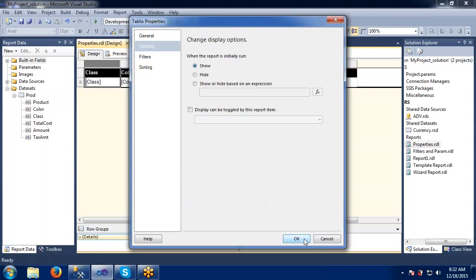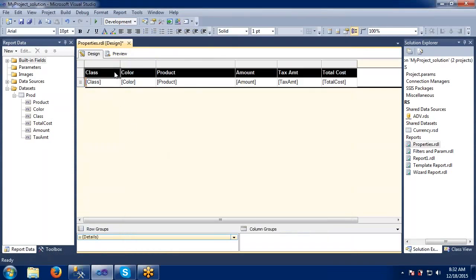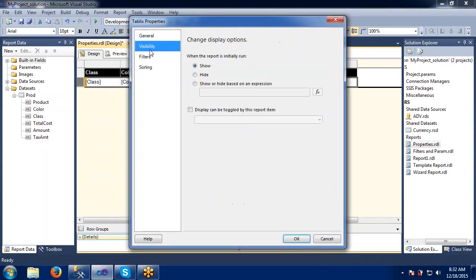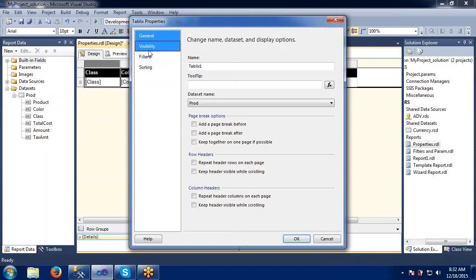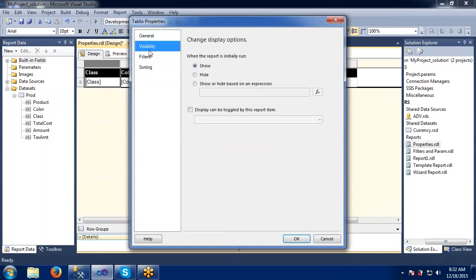But I don't want to do that. When we are using this tablix property, visibility, we can also specify hiding based on some expression. Let me take one example in the coming sessions, where we can understand how to use this tablix property. What I mean to say is that column visibility is there in the tablix property, and I just want to hide this particular column only.